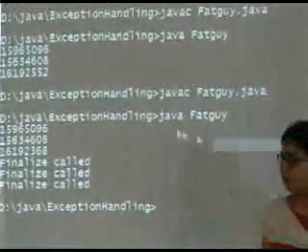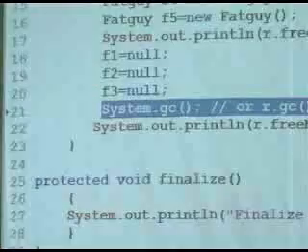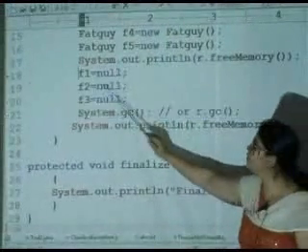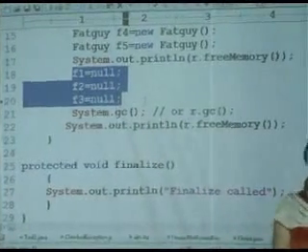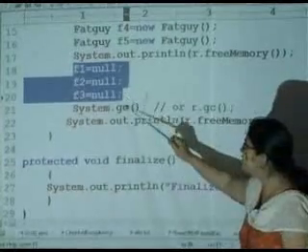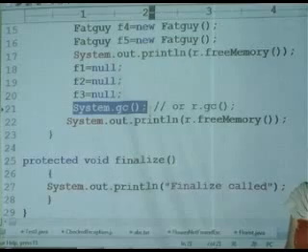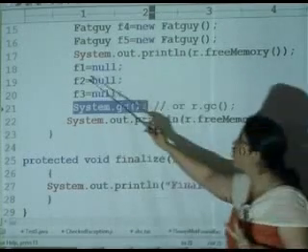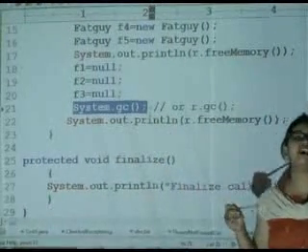See, now here finalize is getting called thrice. Why? Because, go back over here. I am sure that F1 is equal to null, F2 is equal to null, F3 is equal to null. At this particular time when I am invoking the GC, there are 3 objects which are available for garbage collection. The F1 object, F2 object and F3 object do not have any reference.